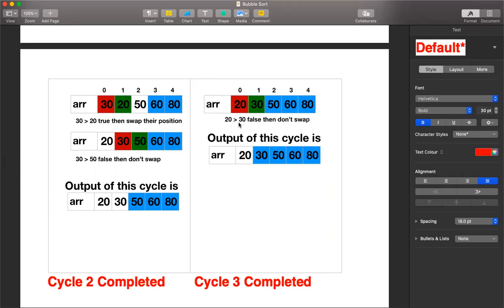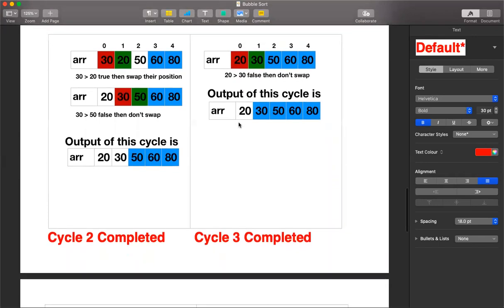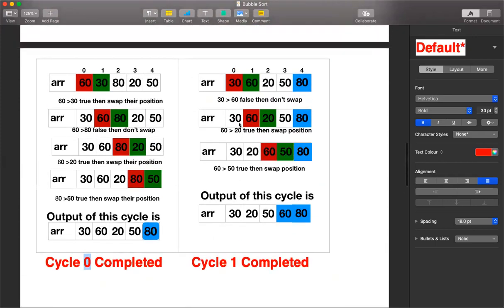Okay, so I hope you have understood the program. It's a very simple program where you compare the first number with the second number, then if it is greater, swap their position. If it is not, then leave it as it is and check the second number with the third number. If it is greater, again swap. If it is not, leave it as it is, and this process continues until you reach the end of the array with a sorted end, and repeat the steps until you sort the numbers.